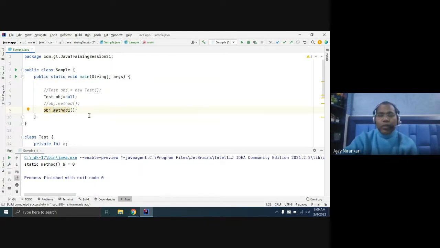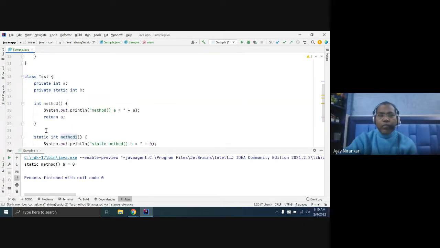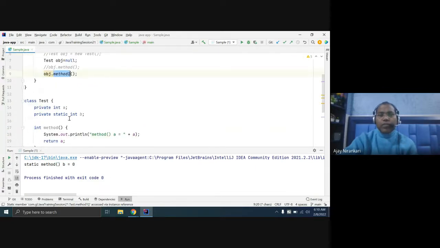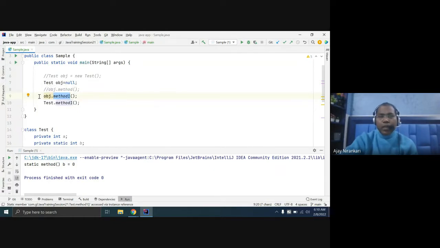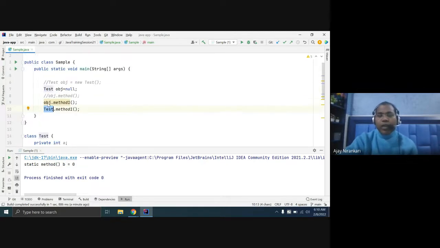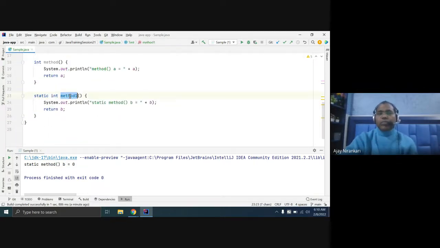Generally, whenever a compiler finds you invoking a method from an object, it knows that this is a static method, so static methods are invoked from their class name. So the compiler replaces this code with Test.static. From your class name you can access your static method directly.